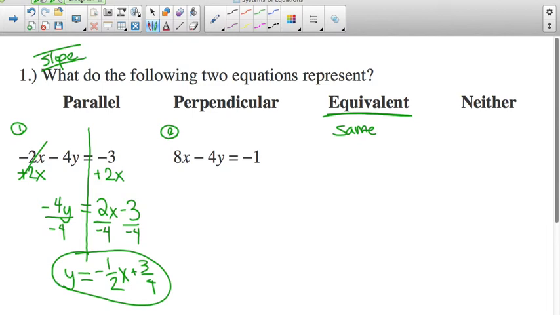What would I do for the second one to solve for y? First step. Subtract 8x from both sides. Yeah. Keep going. And then you're going to bring down your negative 4y. Negative 4y equals negative 8x minus 1. And then you're going to divide negative 4 on both